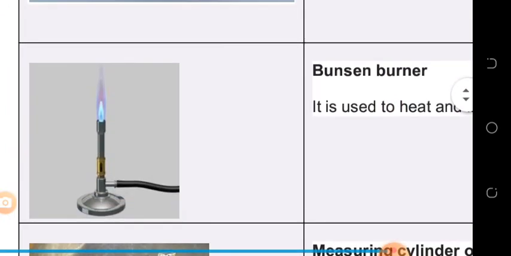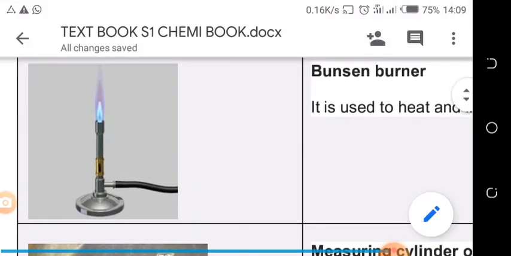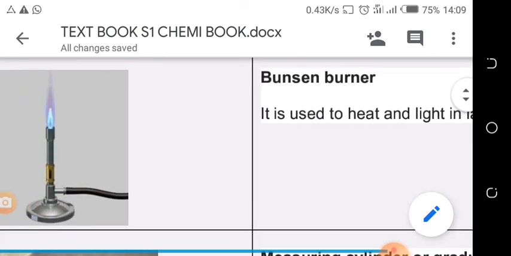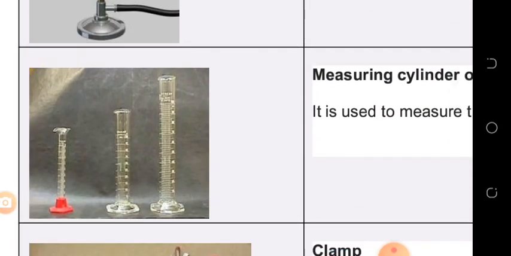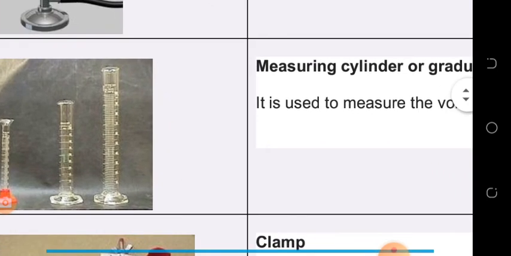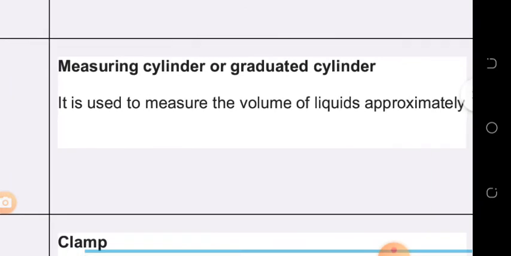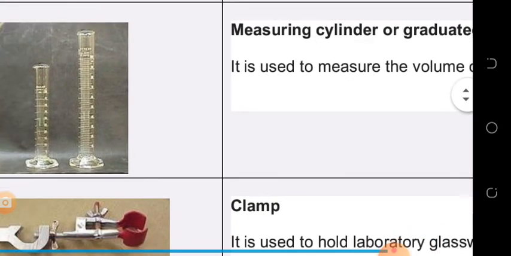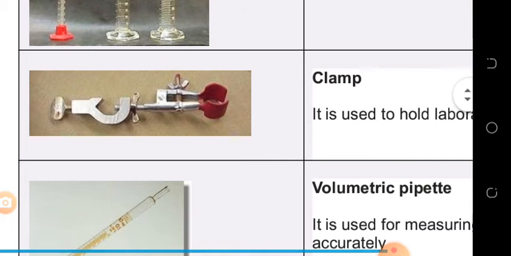Bunsen burner: an apparatus which is mostly used in the laboratory for producing heat and flame. So this flame and heat are most important during experiments. Measuring cylinder: they are used for measuring the volume of a liquid approximately. So here you have to consider and analyze properly the meniscus of the solution during the measuring of the volume of that